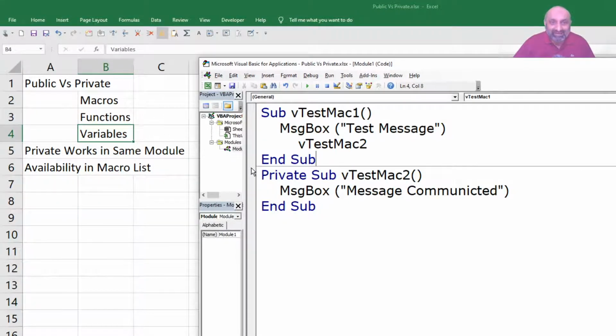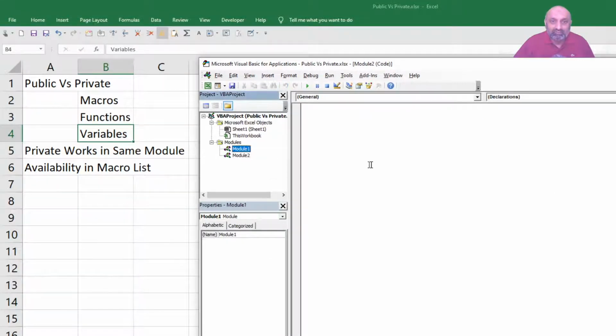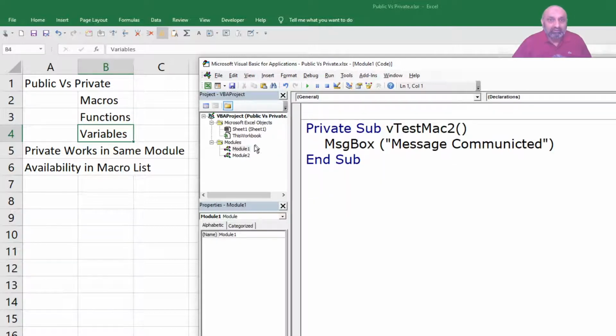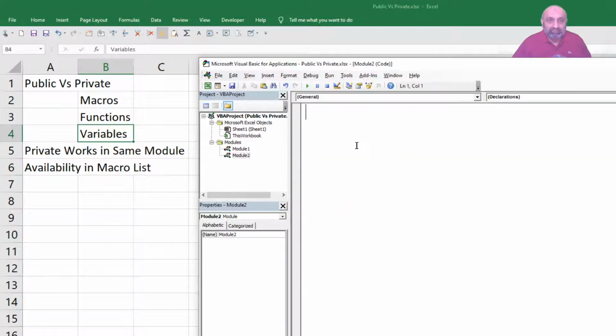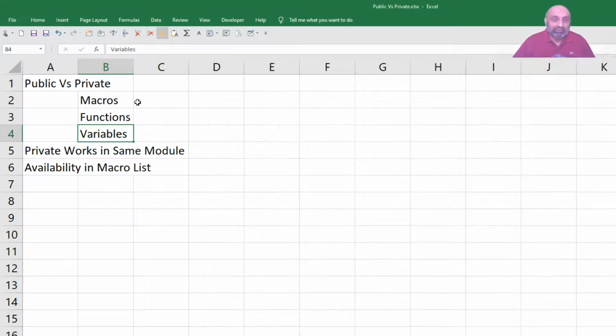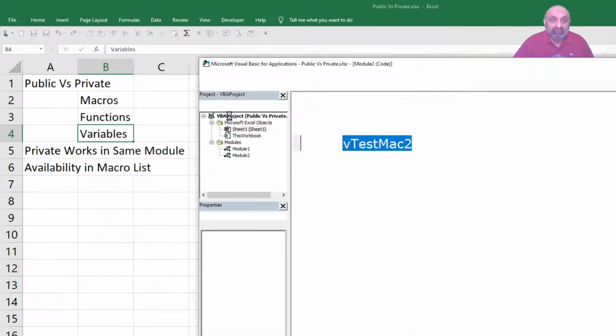What if I add another module? Insert another module, this is module 2, and copy this macro into module 2, paste, and then try to run. Now both macros are in different modules, okay, and macro 1 is going to call macro 2. So developer, macros, macro 1, run.